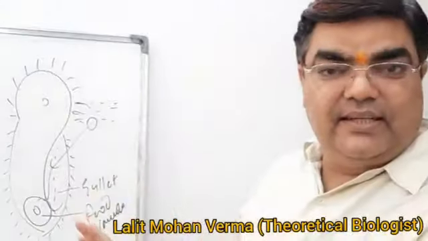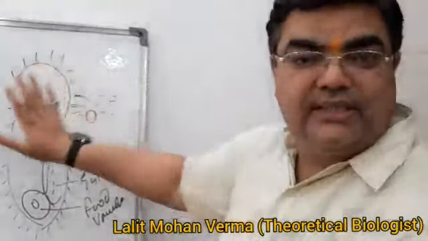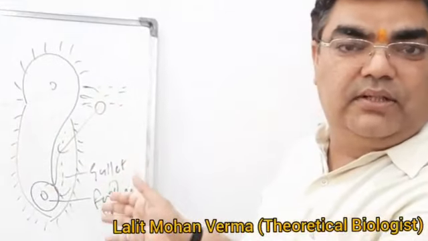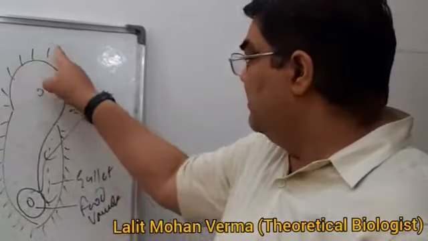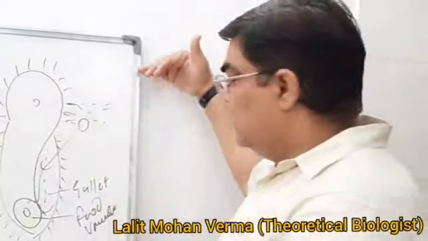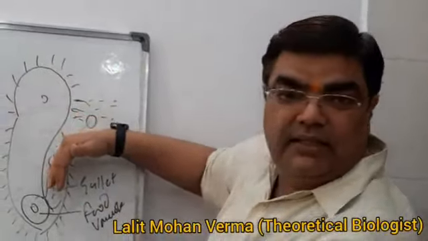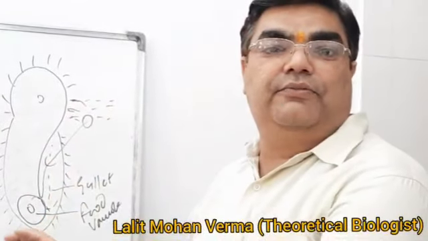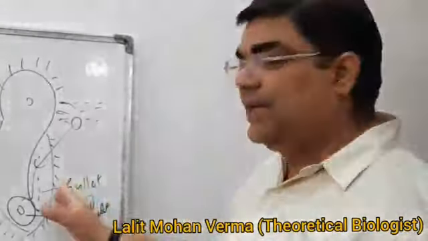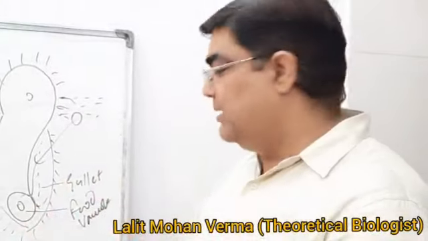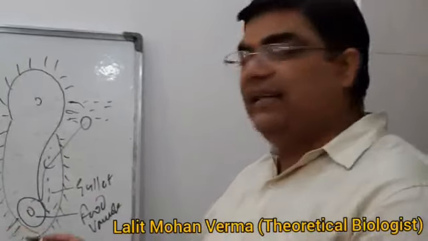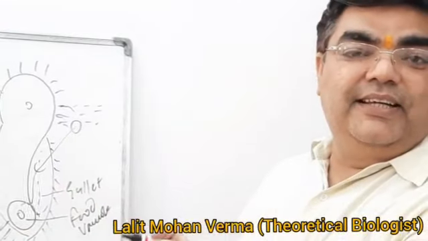Now it is clear, this is food, this is paramecium, here is the water current because it is an aquatic organism, and with the help of these cilia, it engulfs the food and the food just moves towards the gullet and reaches inside the gullet, forming a food vacuole where digestion occurs. After digestion, the undigested material is thrown out from the place. And this is how paramecium takes its food.